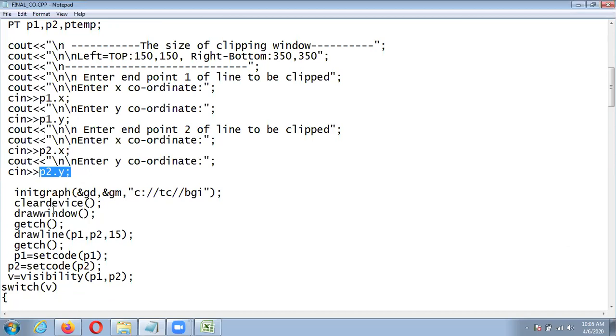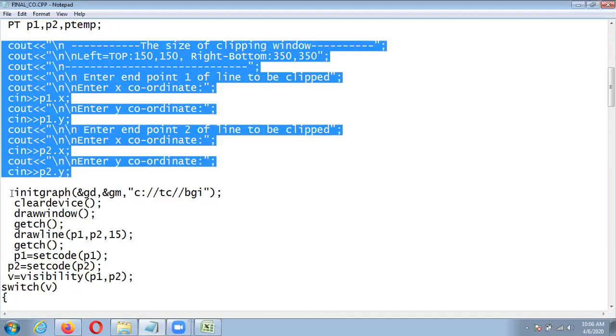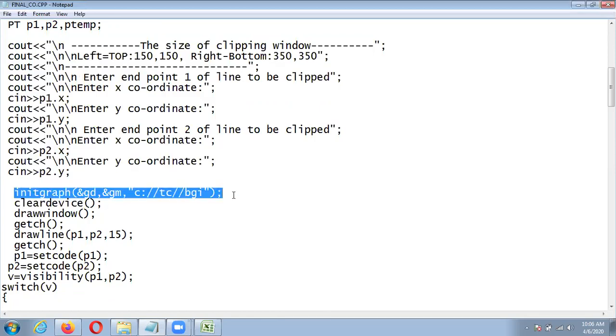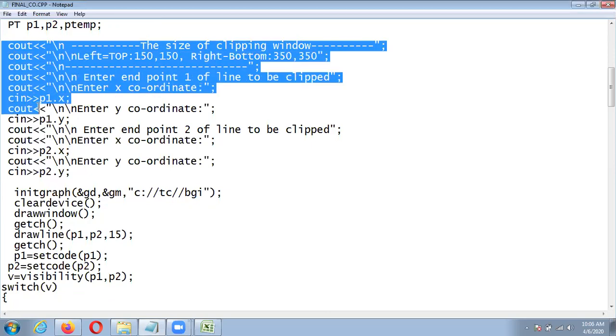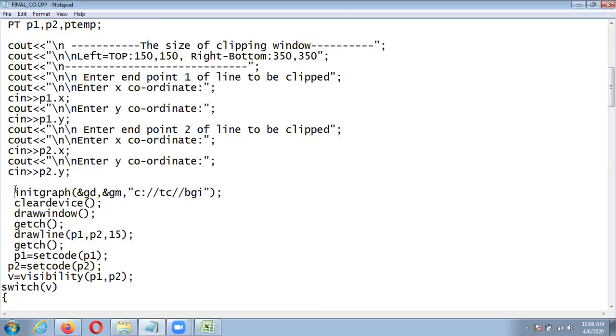And after that we are calling the init graph function. Whatever values we have to take from the user, we have already taken, and after that we call init graph, because if you call init graph before this, it goes into graphics mode, so we can't take the values from the user. So first take the values from the user and then call the init graph function.